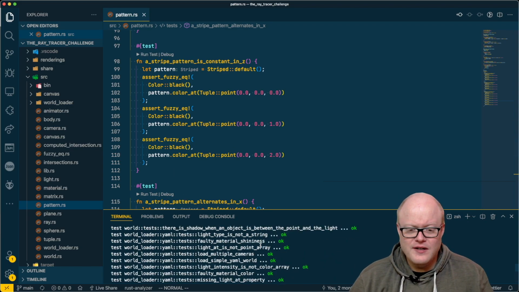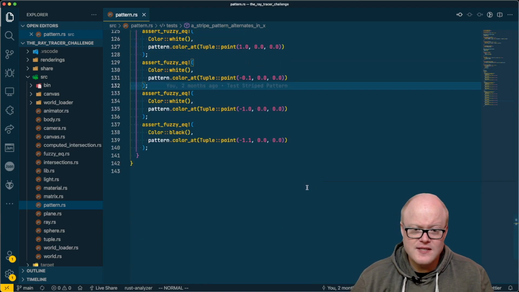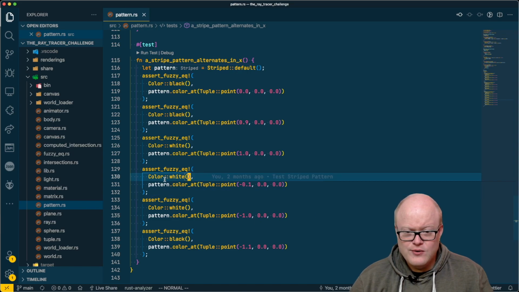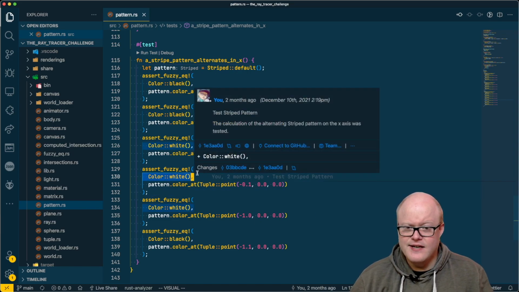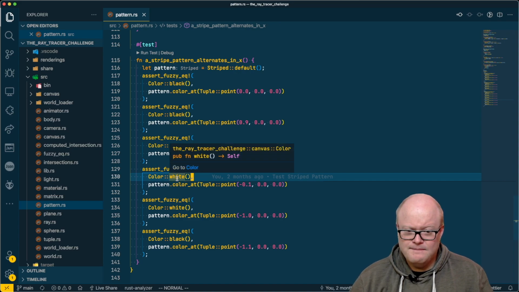Okay, so all our tests are actually passing. So the question is now, is this test correct? Because Joao in the comment notes that he has a black here. So he thinks this should be black, and I guess maybe he's right, because